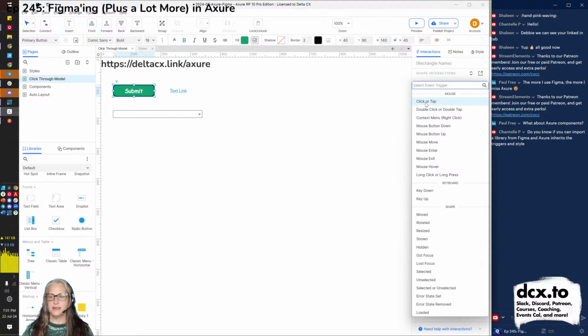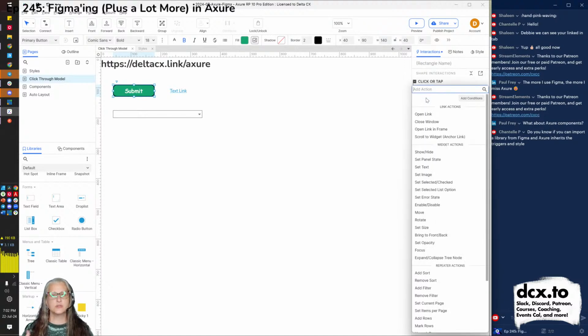Is it a hover? Is it a mouse click? Is it a long click? Is it a double click? So notice when you start to think about it, you can build a lot more stuff in Axure, especially if you're thinking about something that might be a desktop client where you have a right click or what we call the context menu, or I think it's a control click in Mac, a long click. So there's a lot more that you can do here, but most of your stuff will be a single click or a finger tap.